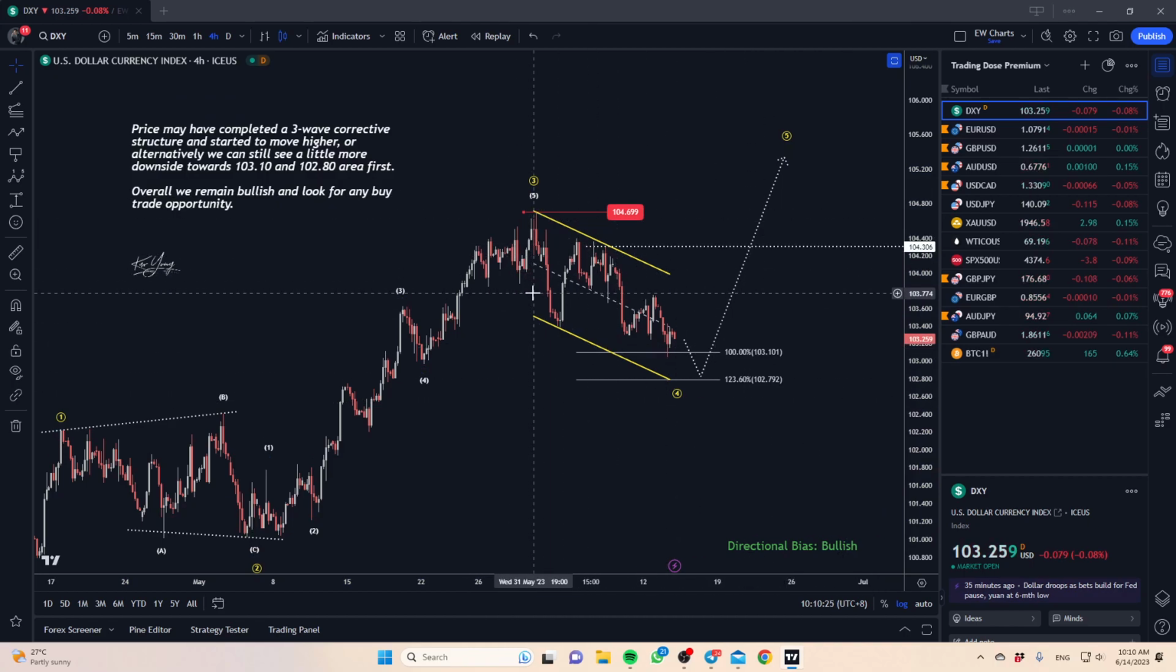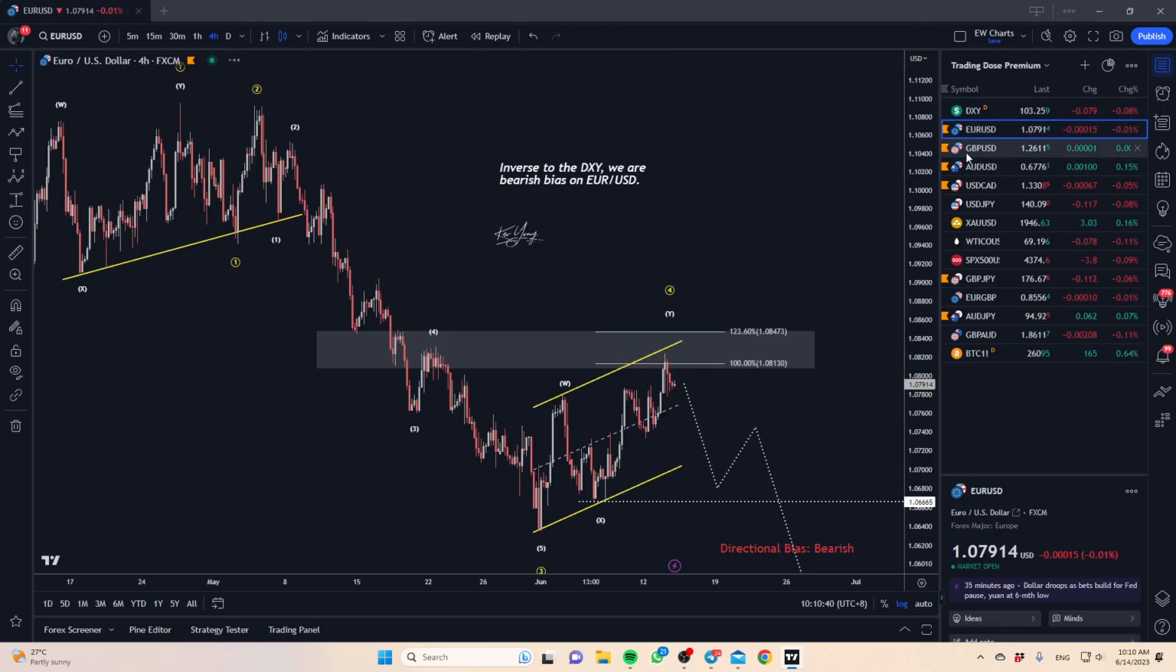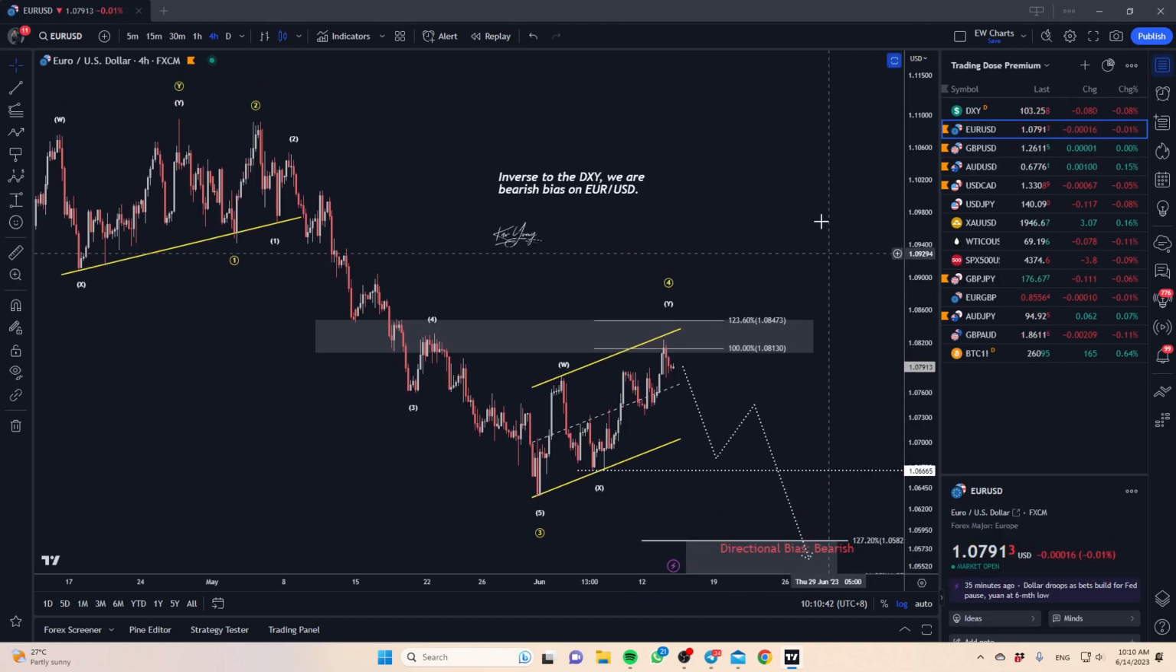From a technical point of view, we're looking at this as a corrective structure, and as long as price is able to be supported above 102.80 to 103, we're expecting a little bit more upside for the dollar. So with that said, if you take a look at the euro,